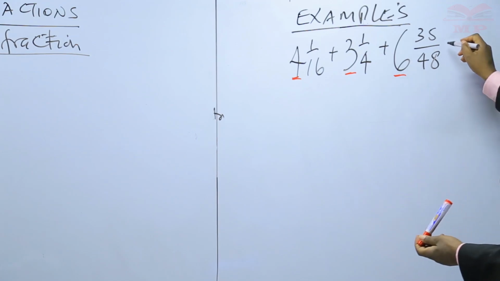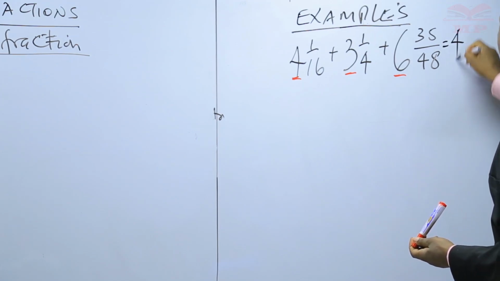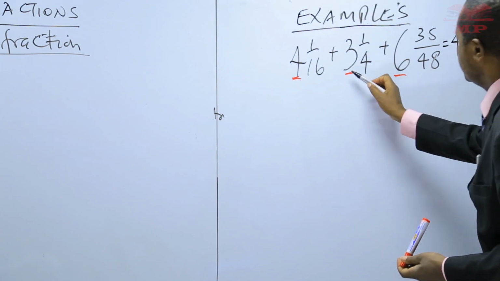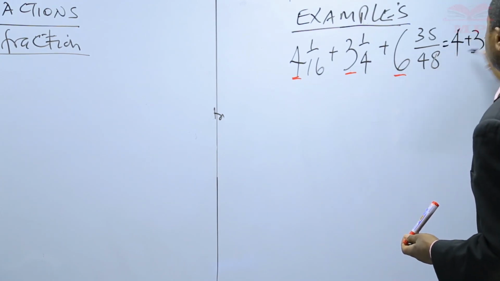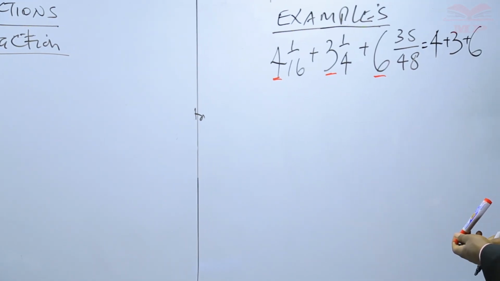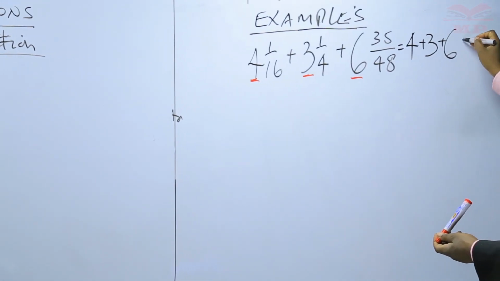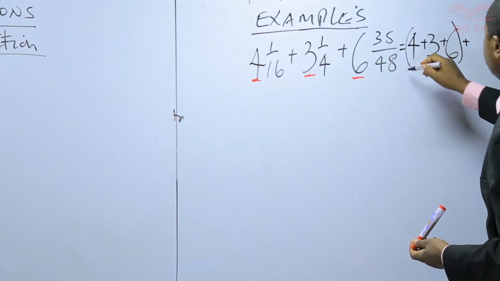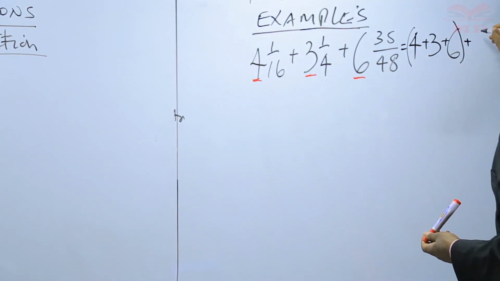So this will be equal to 4 plus 3 plus 6, added separately, plus the fractions